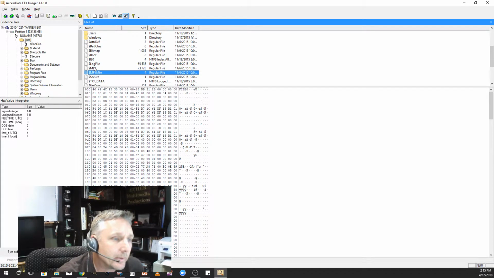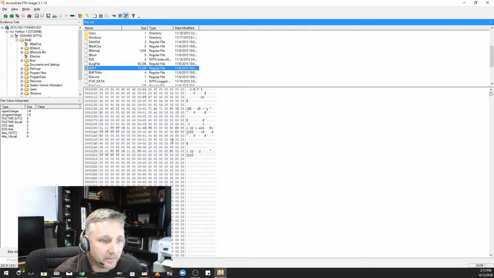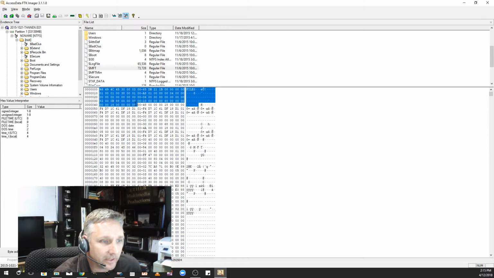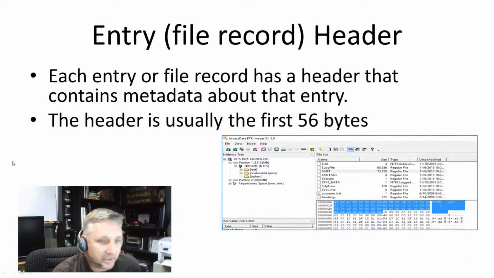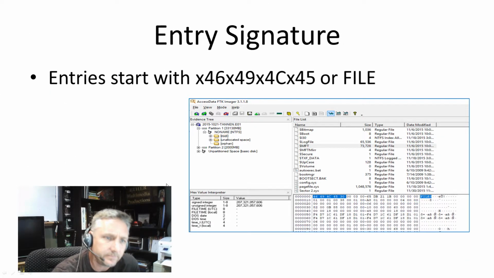Okay, so anyway, that's what we're looking at in the master file table right now. Entry number 1 is the master file table, and the first 56 bytes are metadata about this entry. All right, hopefully I haven't beaten that dead horse too much. I've already told you this. This is kind of covered already, but the first 4 bytes